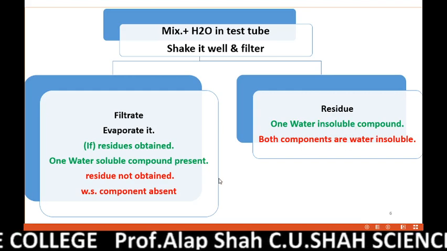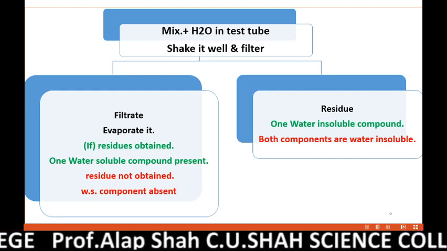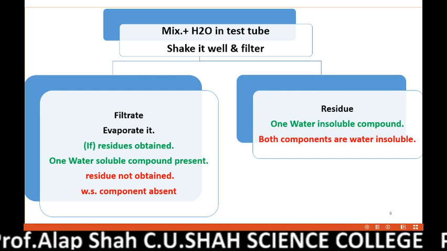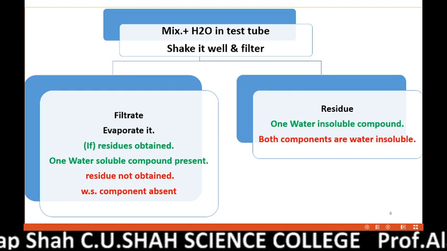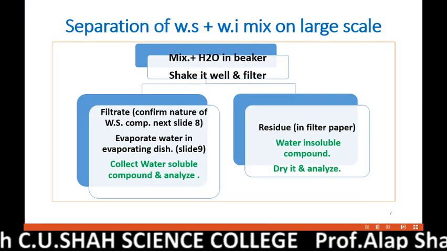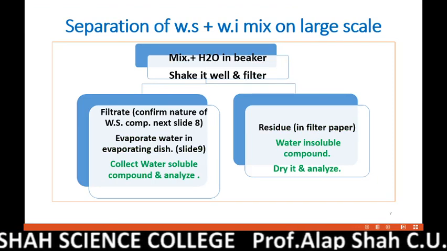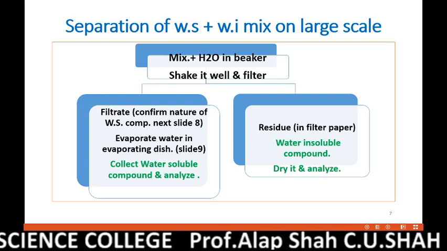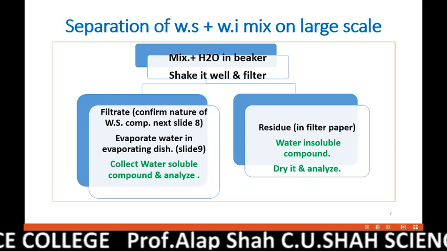Once you determine the type, you have to go to the examiner and get it checked. If the examiner approves it, yes, that your mixture is water soluble and insoluble, then you have to carry out the separation on the large scale. So let us discuss how you would do it. Now we know that the type of your mixture is water soluble and water insoluble. Whatever you did on the test tube scale to determine the type, the same process we will repeat on the large scale. So now take all your mixture into the beaker, add distilled water.